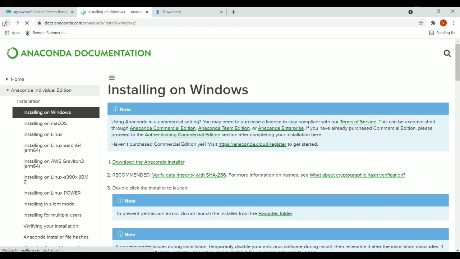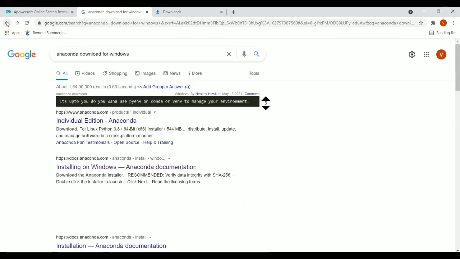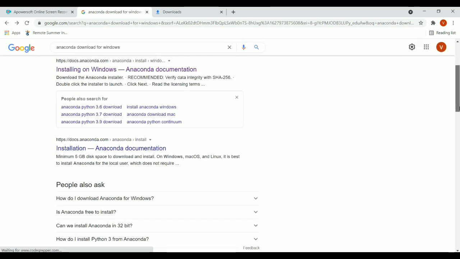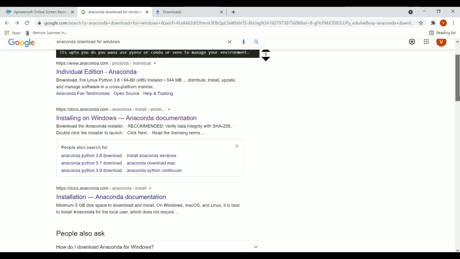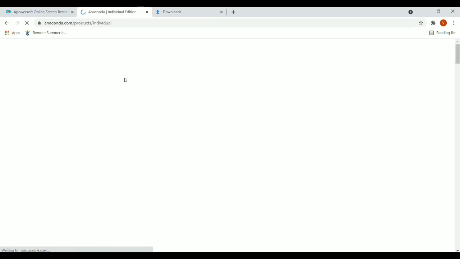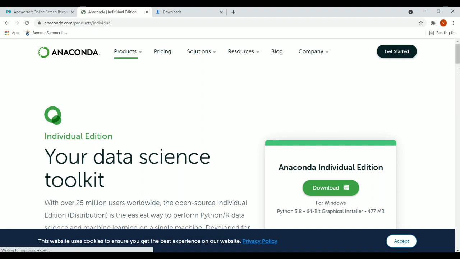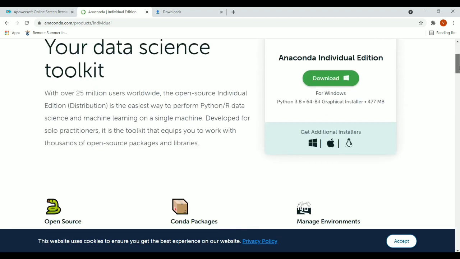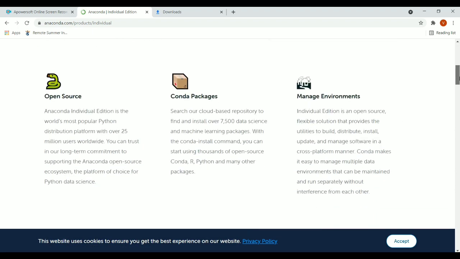So once Anaconda is downloaded, Anaconda contains all the inbuilt packages which are used for Python coding. Some packages are inbuilt in Anaconda that we can use for coding purposes. Also there are different inbuilt packages that are used in Python for coding. It's open source. It contains different packages, as I told you before. It has different environment setups.